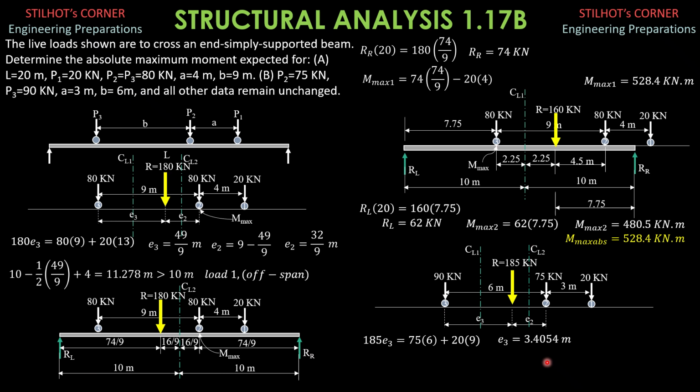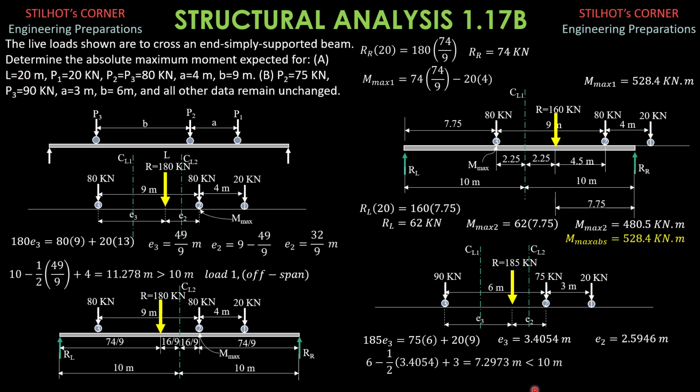Then E sub 2 is 6 minus 3.4054, so E sub 2 is 2.5946. It is just 6 minus E sub 3. So 6 minus half of E3, then plus 3 is equal to 7.2973 meters, less than half the length